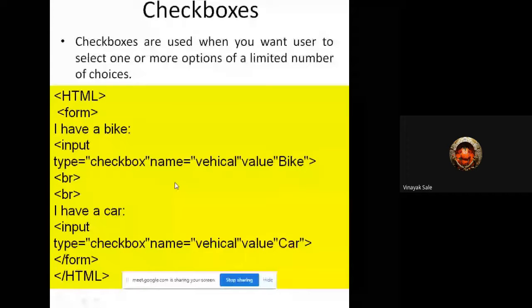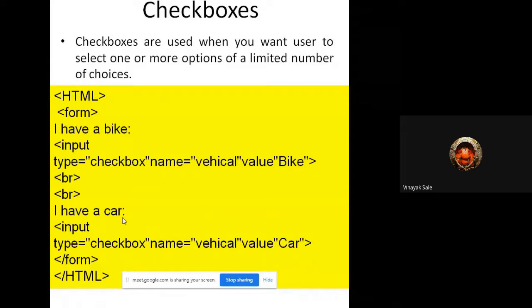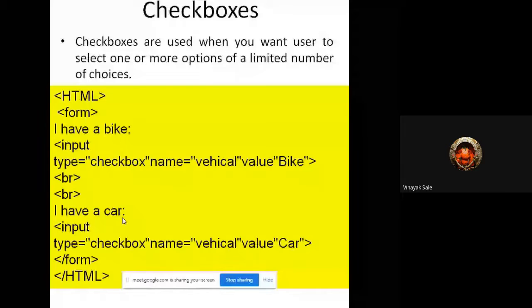I have a car. Input type checkbox, name vehicle, value car, and end of the form. Then end of HTML. We will see the code for this.